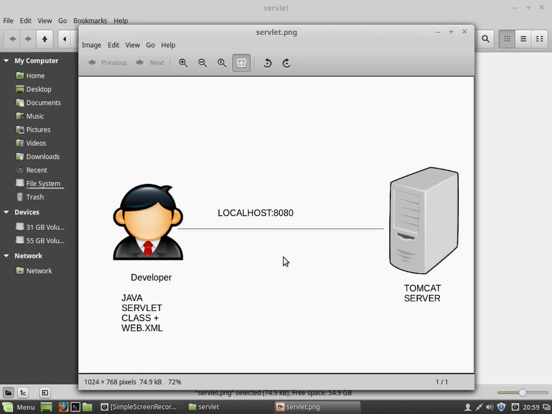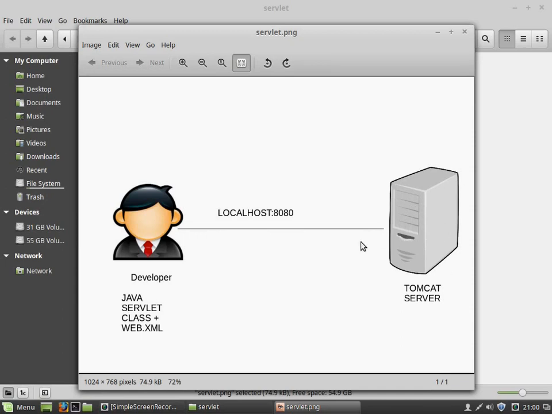Generally, to connect to other computers, we will be using an IP address. To connect to our own machine, we have one facility. That facility is nothing but the loopback address. That loopback IP address is 127.0.0.1, and the name of that particular IP is localhost. So you can directly use localhost instead of 127.0.0.1, followed by a colon. You can see here 8080. 8080 is a port number, which is the default port number where this Apache Tomcat server runs.